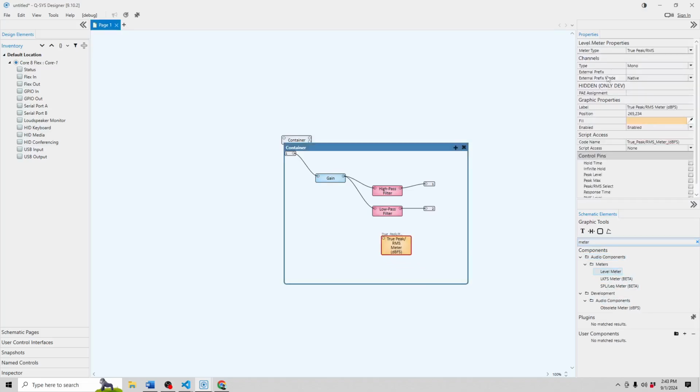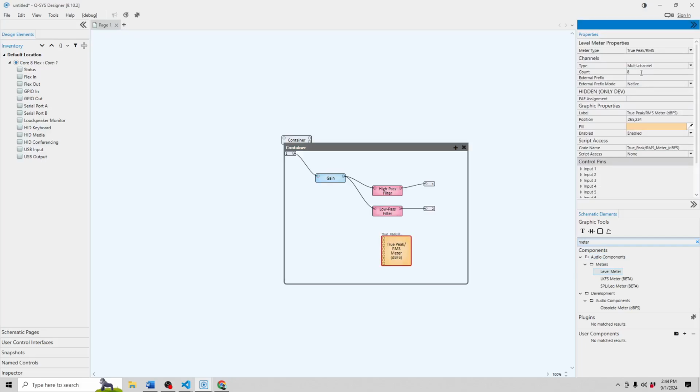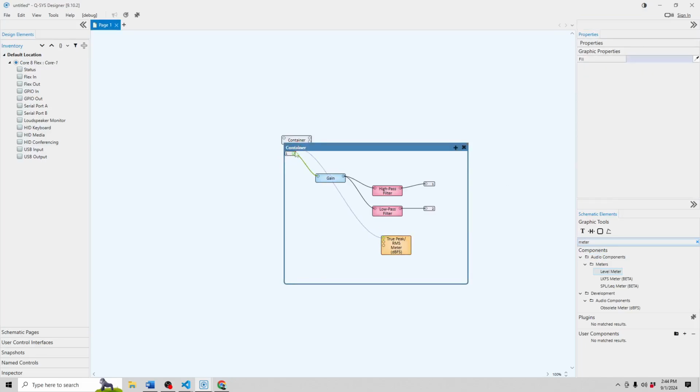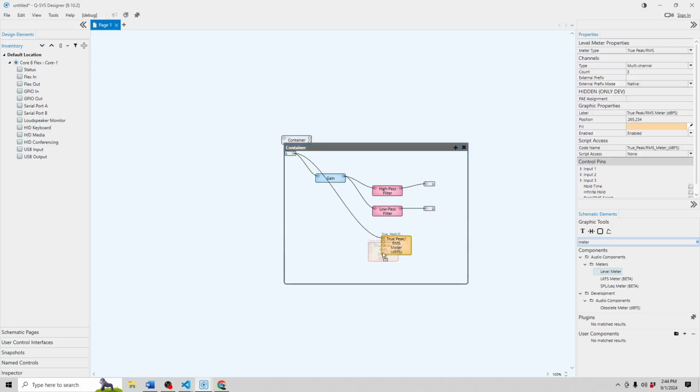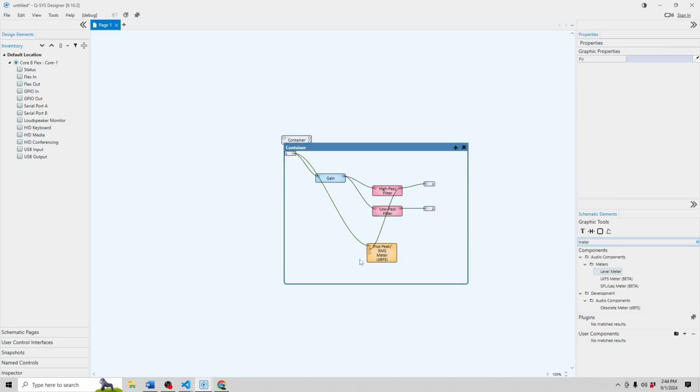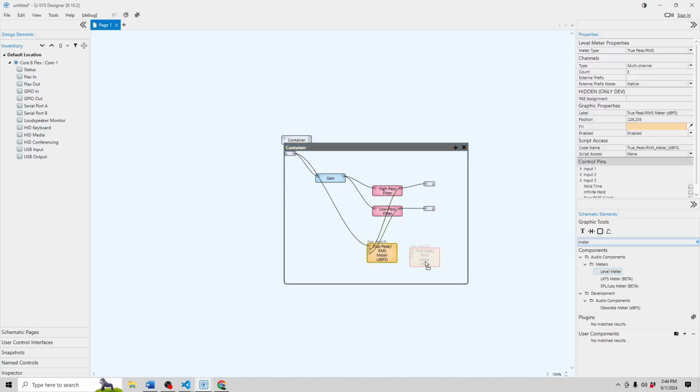So we'll add in a level meter. We'll set this to a multi-channel with 3 channels. We'll go ahead and wire one to our input here, and one to our high output, and one to our low output. One thing I do want to mention that I've seen with the audio processing, for some reason in